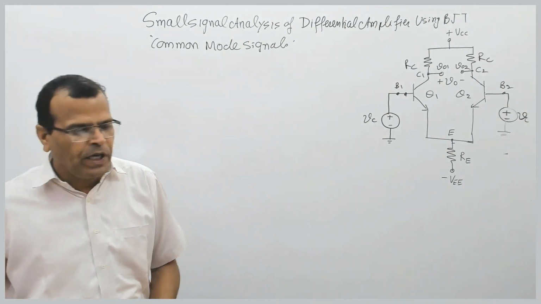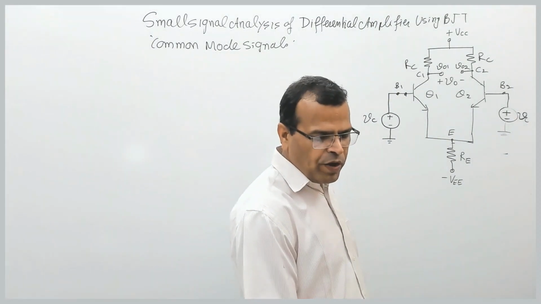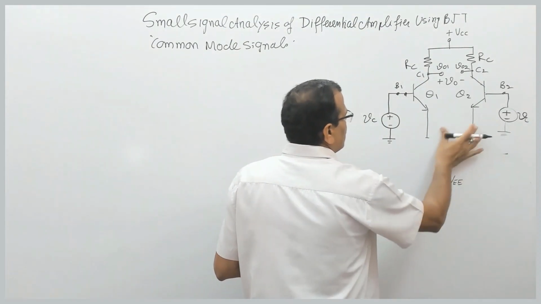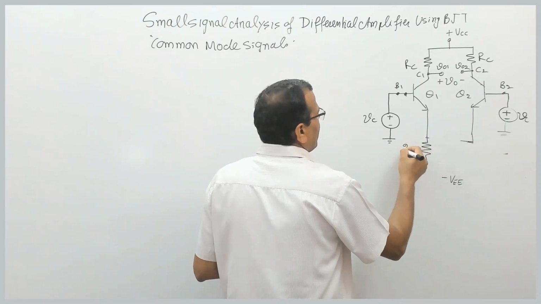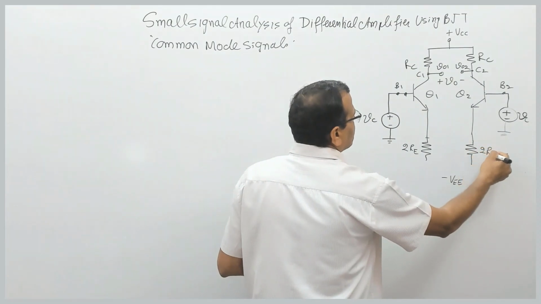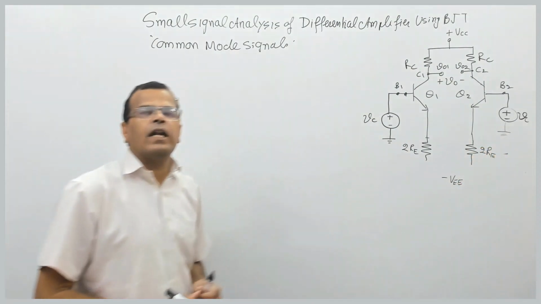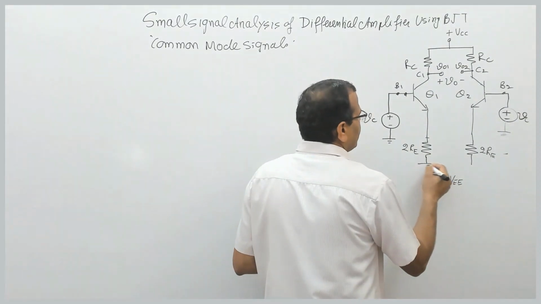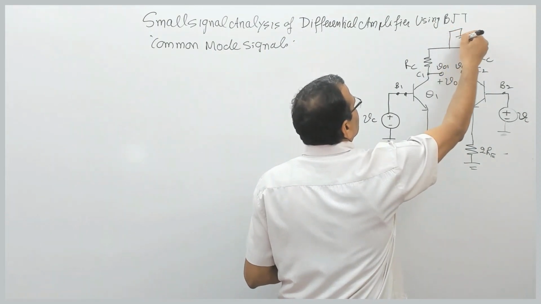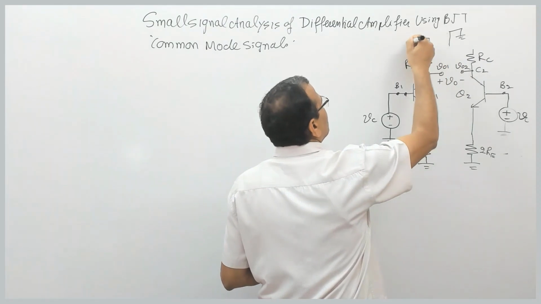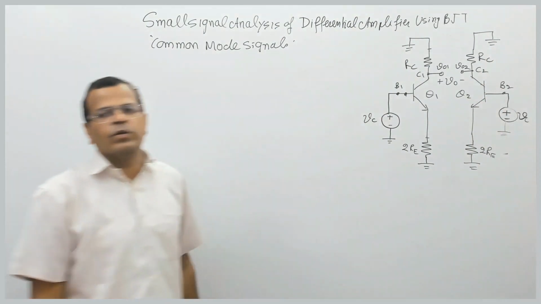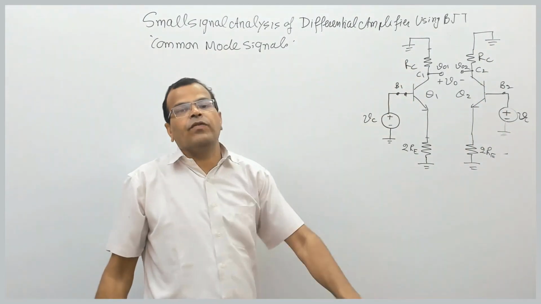How to split it into two parts for AC analysis? We simply split this resistance into two parallel parts, like this. And for small signal analysis, DC biasing sources are replaced by ground. So that voltage is replaced by ground, and that voltage is also replaced by ground. So I can separate the circuit here, separated by ground. Fine. This is the equivalent circuit for small signal analysis.